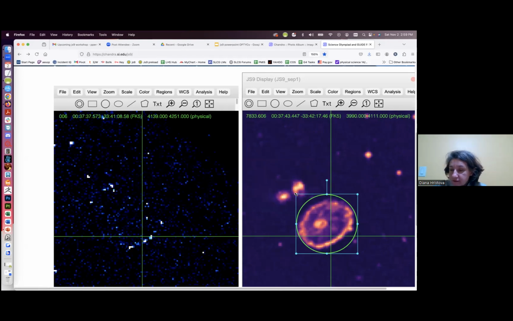To find the distance to this galaxy, in my handout, it's in the background information that I have at the beginning of the exercise. Okay. But also